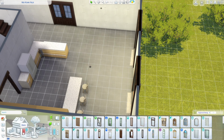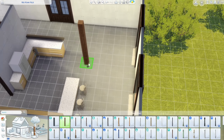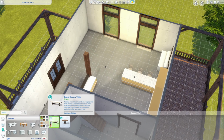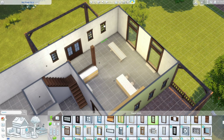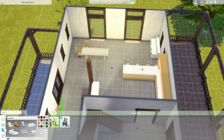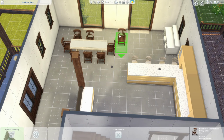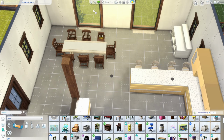And that was before I even knew that the kitchen clutter kit was coming out. I was completely out of the loop. Apparently they announced it a while ago, and I completely forgot about it. So I'm glad that I added that little half wall so we could put some more clutter on top of that. We also have the long table that came with Horse Ranch, so I definitely wanted to use that with the Horse Ranch chairs, also a high chair. And then I used the same yellow upper cabinets, the new base game tile for the kitchen on the walls,